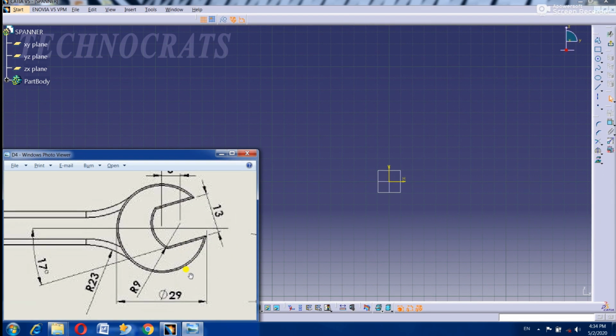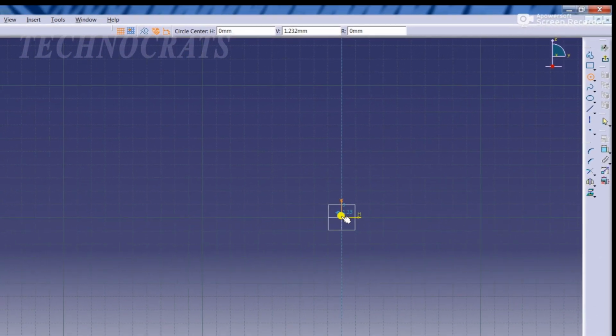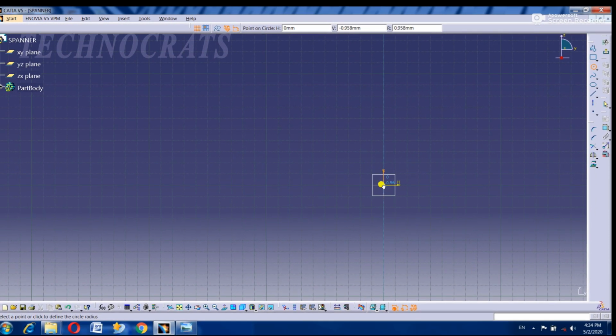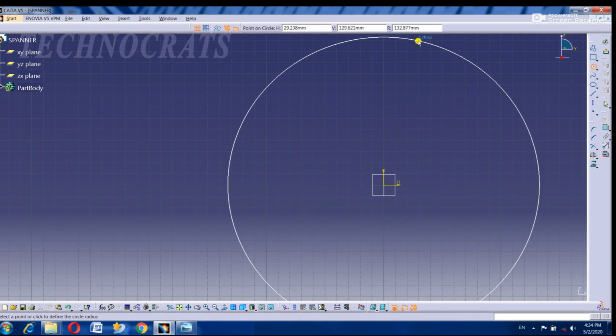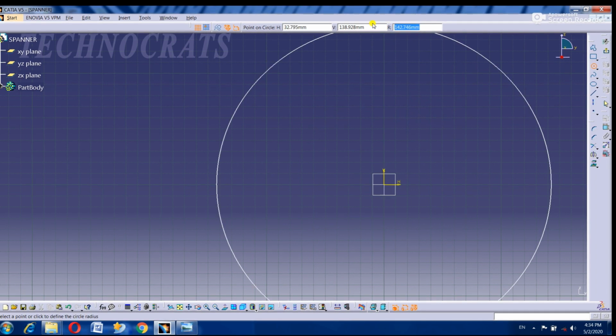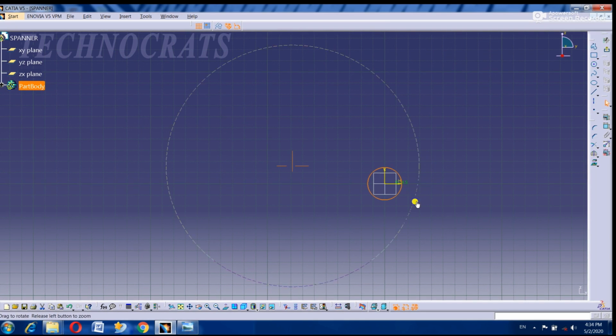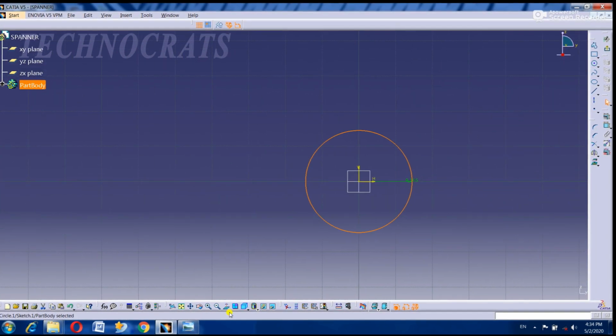We are starting from the right hand side and we are taking the origin of the workbench as the center of this big circle, and the diameter of this circle is 29 mm. So take the circle tool, and this is the center, and we are giving the radius 29 divided by 2. Okay, this is our circle.